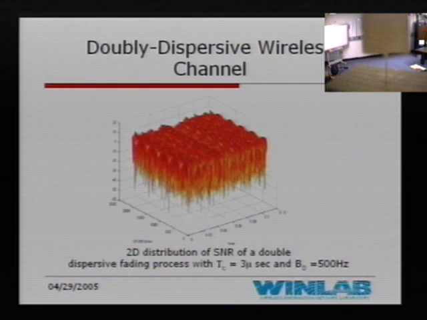And this is just a typical figure. In this figure we send an OFDM signal, and this figure plots the received SNR distribution. As you can see, the channel gains depend on the OFDM tone, and also the exact time instant. So this is what I was trying to say: the channel is dispersive, in that it depends on the exact frequency content and also the time instant.